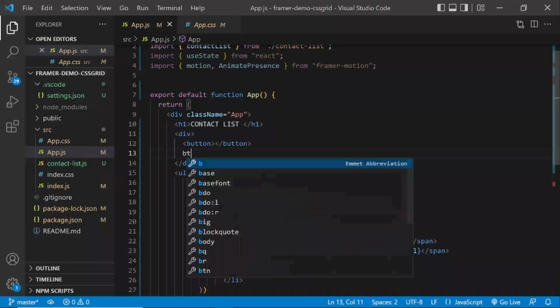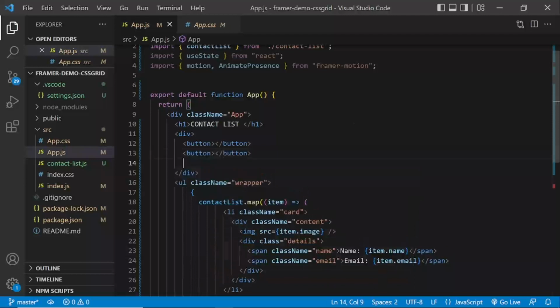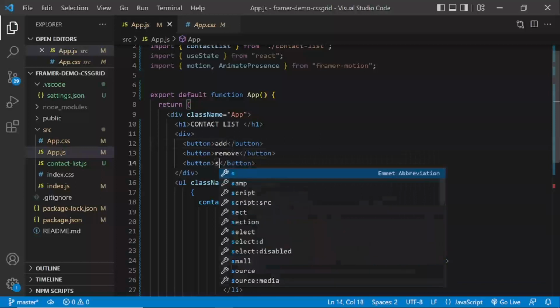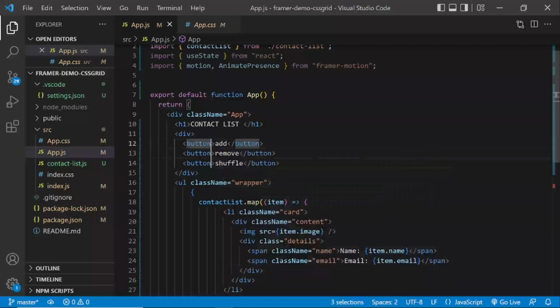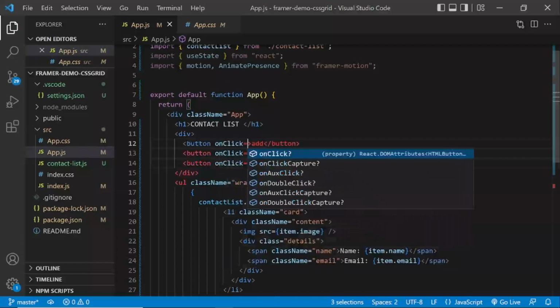With the class btn, and these buttons will be add, remove, and shuffle. Each button we're going to bind with an onClick function, which is equal to,